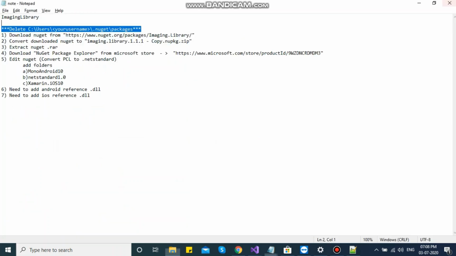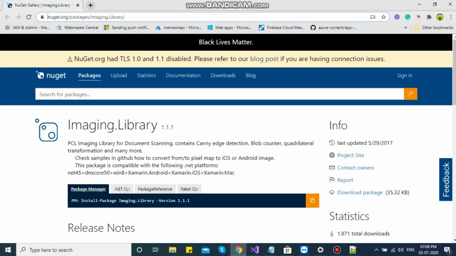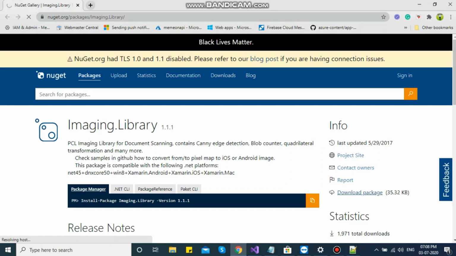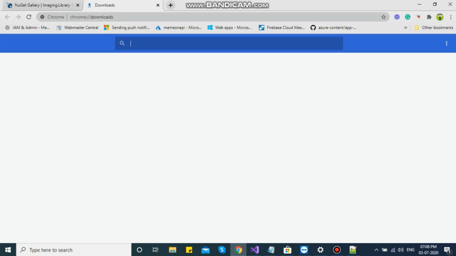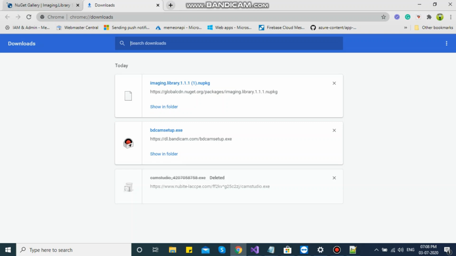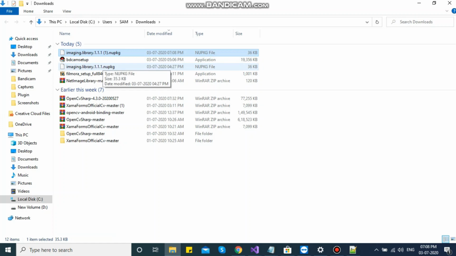Okay, so next step, you need to download the NuGet package from the highlighted website. On your right hand side corner you will see this link, so you need to download this. Then you will see this file in the downloads.